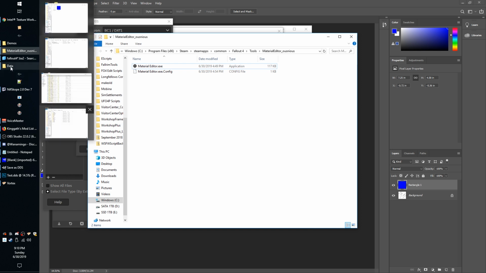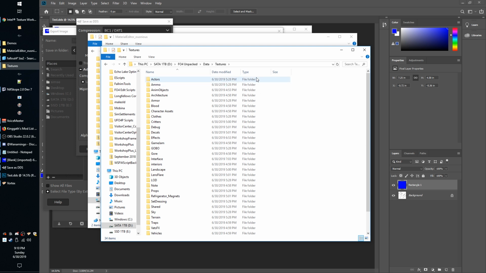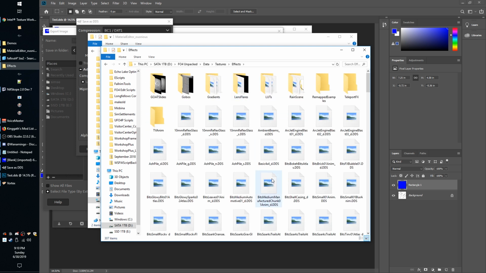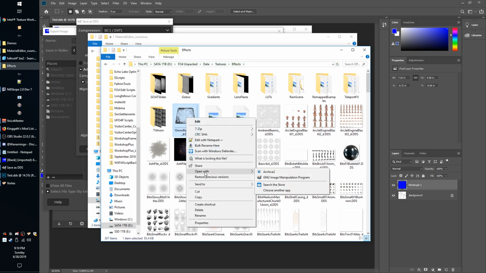So the same way that you did it with the BA2 files, if we go into this unpacked directory and just find a random texture in here somewhere, so let's find a DDS file, we can do the same thing we did with the other thing. We can hit open with, and then we can select. So in this particular case, it's giving me a little drop-down menu. So you can actually suggest, or you can select the GNU Image Manipulation Program, which is what GIMP stands for,